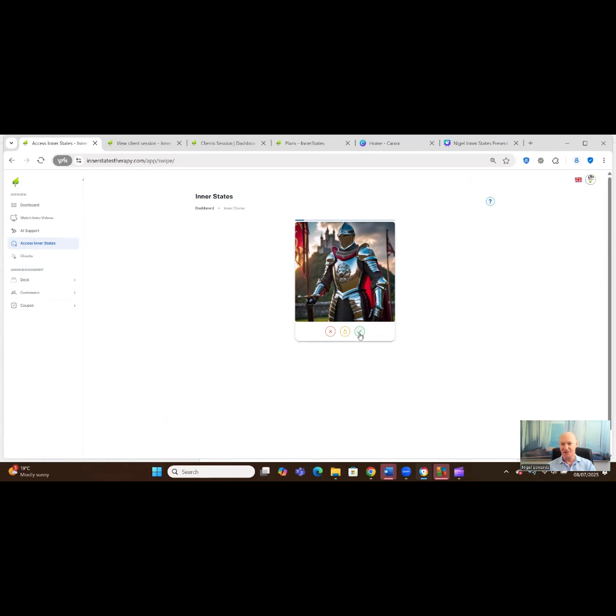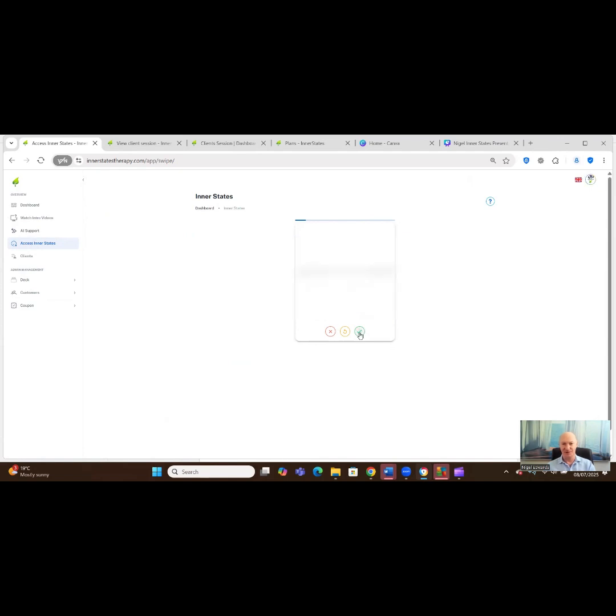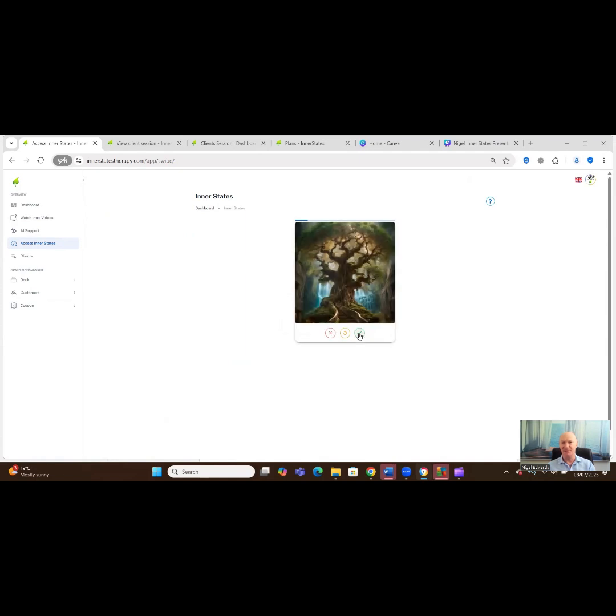If an image resonates with you, you click it or swipe it to the right with the tick. If it doesn't resonate, you'll click the red cross or swipe it to the left. And if you've hit the button and you think, what did I do on that last image? You can go ahead and recall it. So clicking them, you can see the images popping up, positive ones, negative ones. Some of them are with just a suggestion of what something might be. Some of them are far more vast for you to explore.